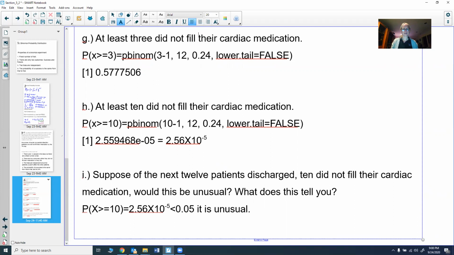And so what does that tell me? What it says to me is, it could be just an unusual bunch of patients. There could have been something weird about these patients that they just didn't do it. And that's always a possibility, that you just have a weird sample. Or it could be something's wrong with the way you're getting people out of the hospital. So you might need more education to help these people see what's going on and see the importance of getting their medication filled. So what I would say is this tells me that we may need